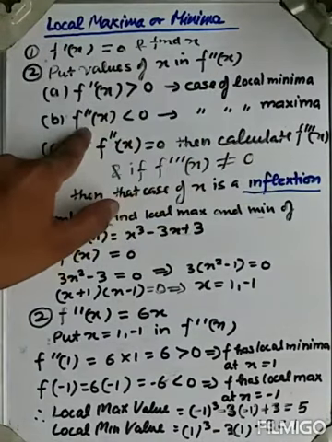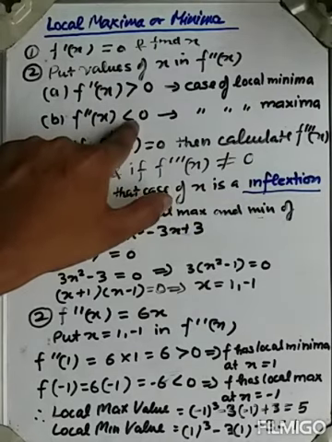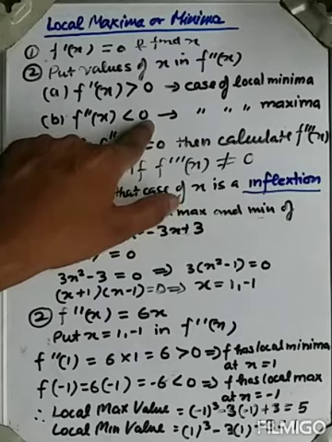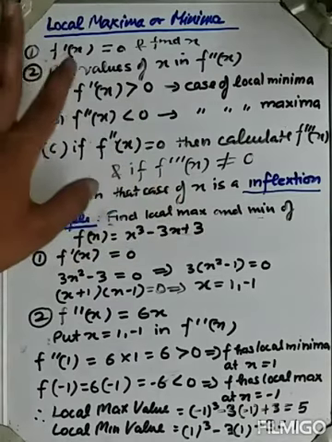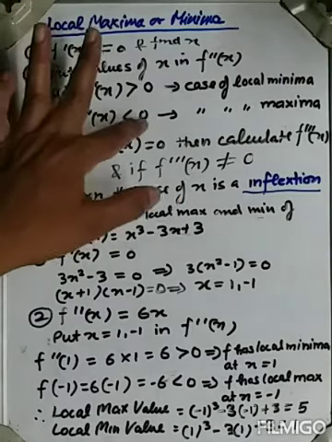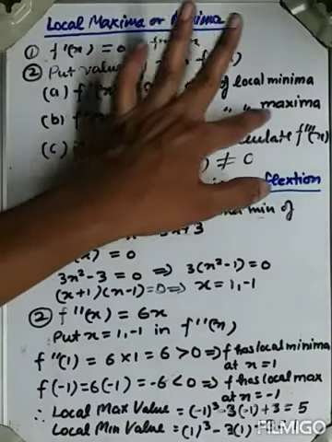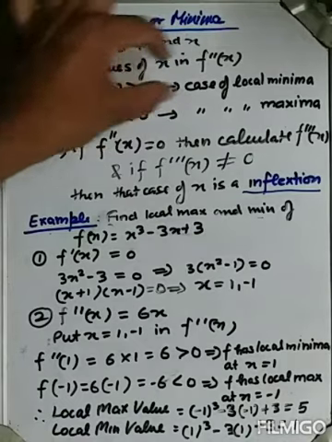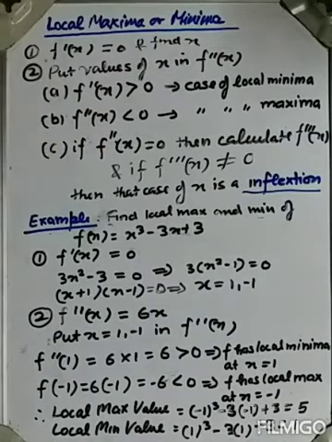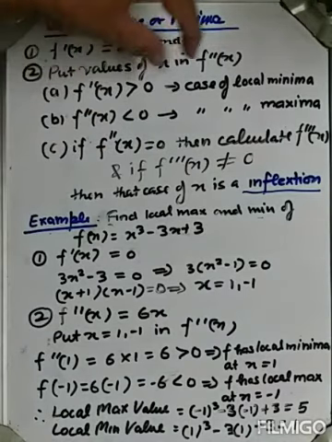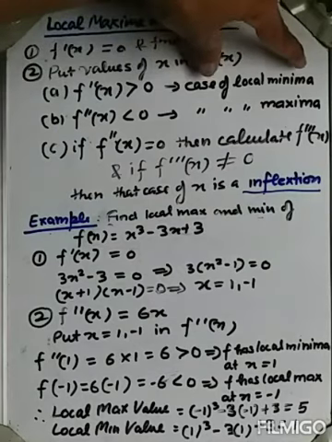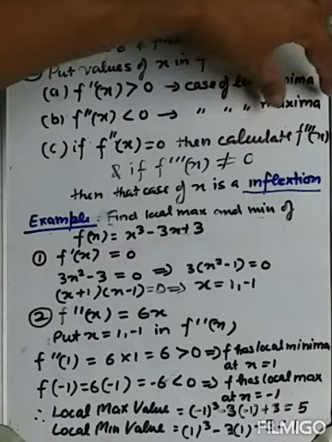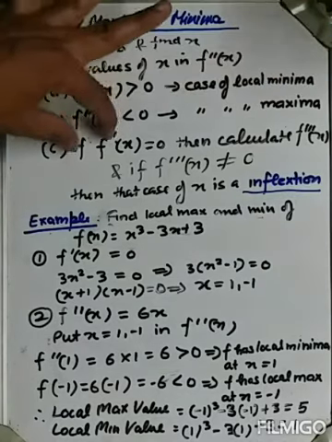If it would have been less than 0, suppose minus 15, minus 2, minus 4, minus 7, whatever value is less than 0, then it would have been the case of maxima. This is reversed. Remember this thing. Normally we go wrong on this step. So f double dash x greater than 0 is the case of local minima, and if f double dash x is less than 0, that is the case of local maxima. And if it is equal to 0,